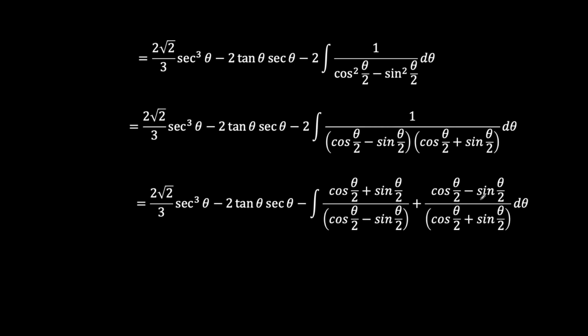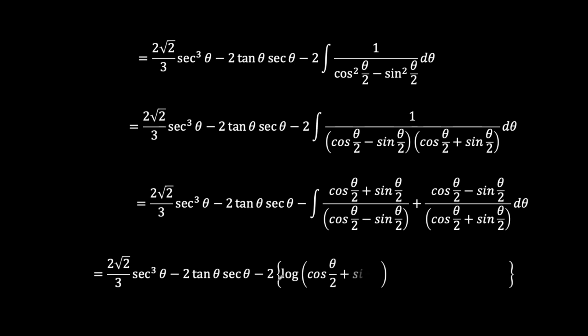The same thing here, when you differentiate cosine theta over 2, you get minus sine theta over 2. When you differentiate negative sine theta over 2, you get negative cosine theta over 2. So there will be a negative sign here to negate whatever negative was created here. So as you can see, we are left with now minus